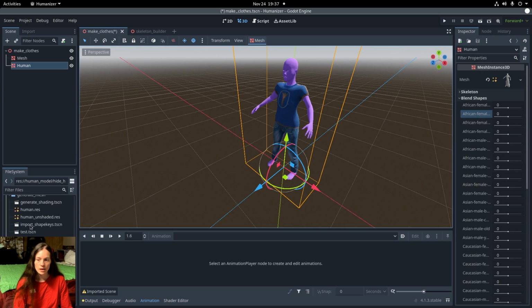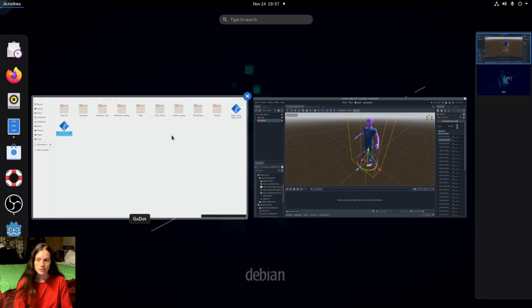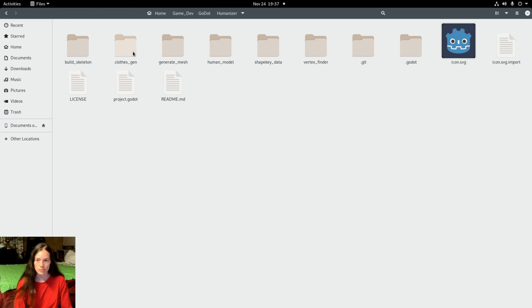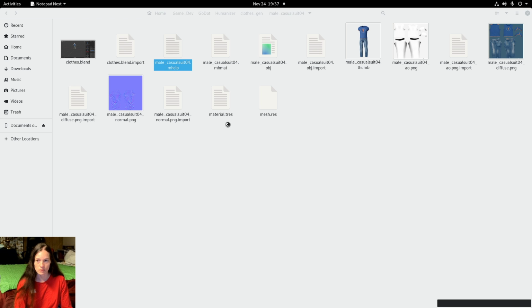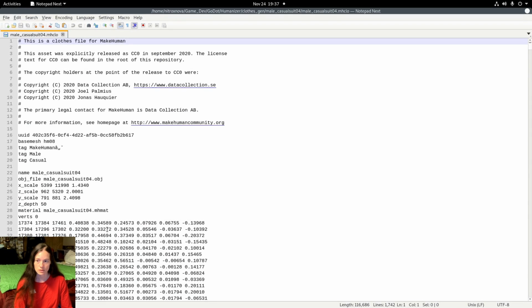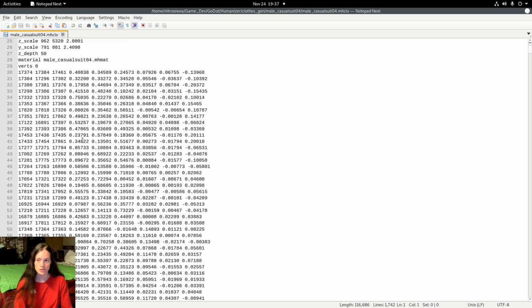And there's a mhclo file. It doesn't actually show up in the Godot file browser, but if I open up the project here, there's a male casual suit MH clothing file, make human clothing file. And in here we have some header information,